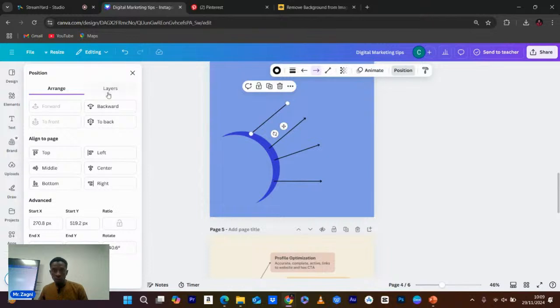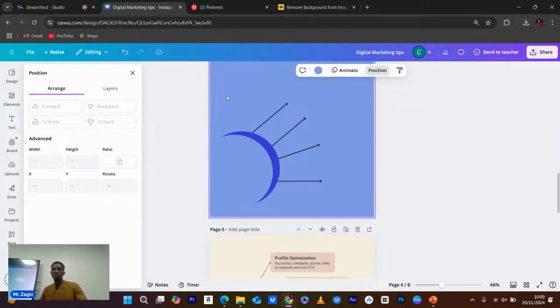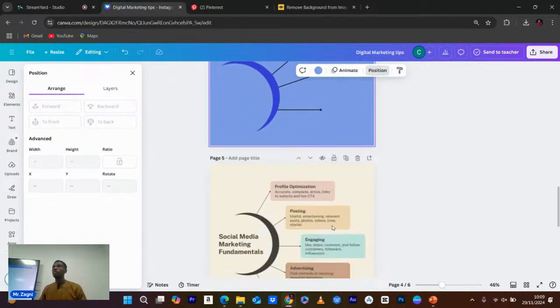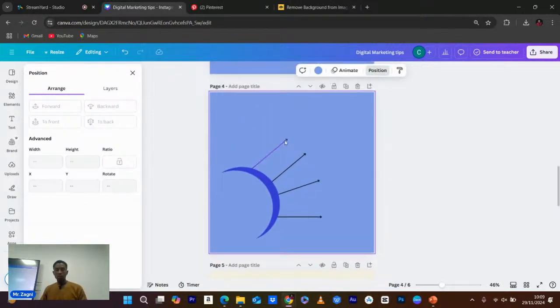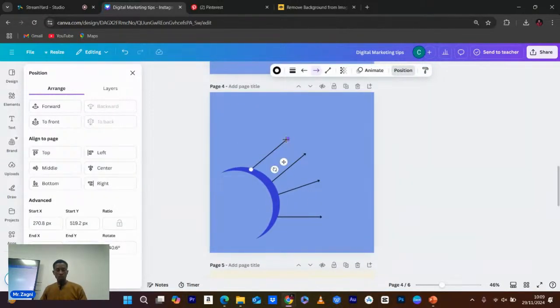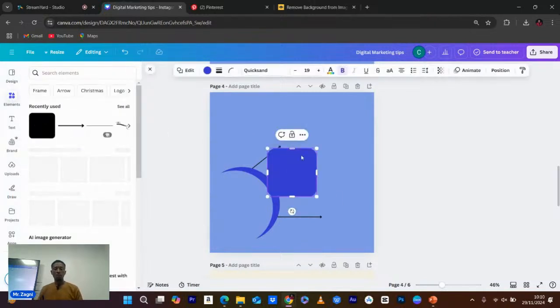so I'm going to send this one back. Send this one back. You can send them back one by one. Send them back. So they are hidden here, right? You don't understand? Then the next thing I want to do now is to maybe take this one, like make it smaller, smaller, smaller. So then now we're going to have our box here,